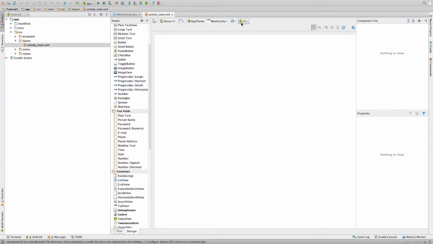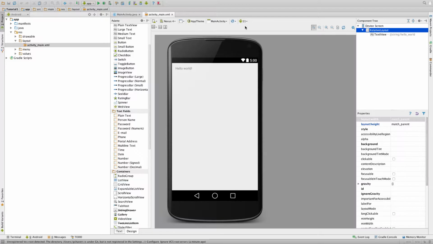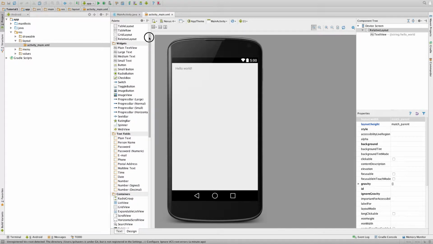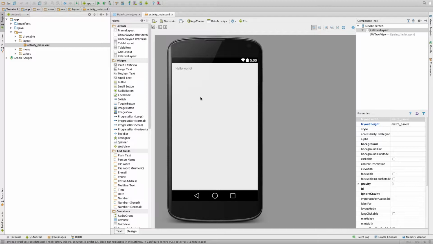So I need to switch this to 21 because this is the device we're going to run. I don't know why 6.0 doesn't work, but I'll figure that out eventually. So we have our main screen, and here's what we're going to do. We're going to drag. We're not going to focus on this too much. We're going to focus on the design, but I'm just going to go ahead and drag the